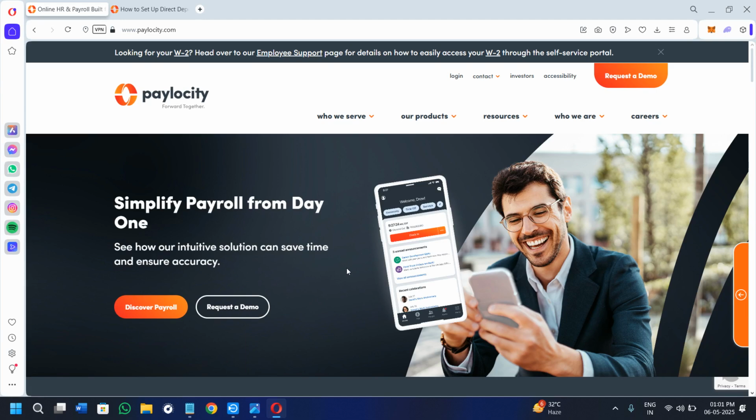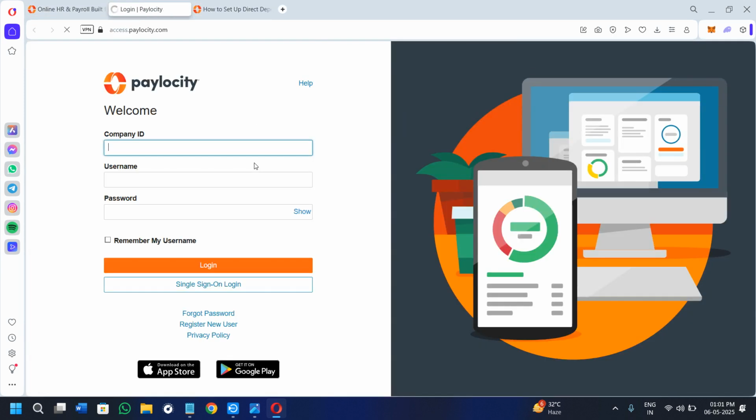So in today's tutorial, I'm going to show you how to add direct deposit on Paylocity in 2025. For that, first of all, come on paylocity.com website and over here click on this login option. Provide your login credentials like your email address and your password, and you simply need to log in into your